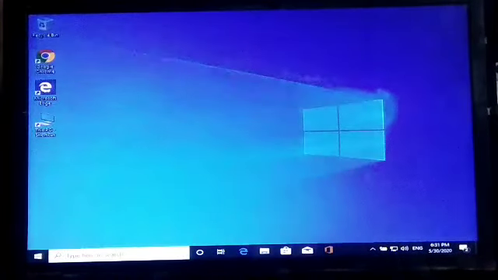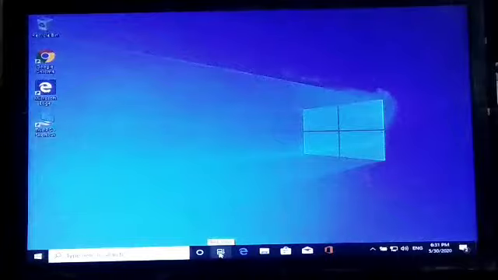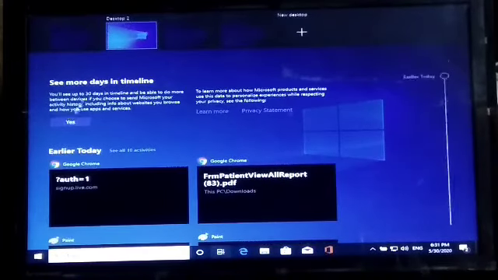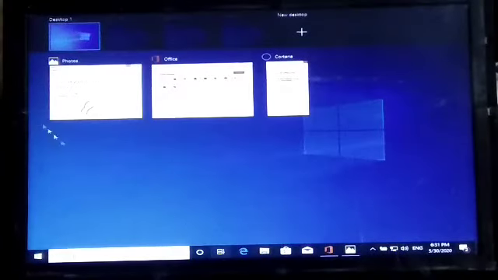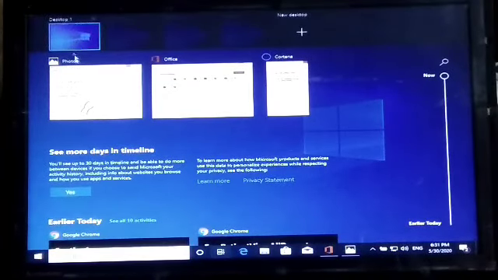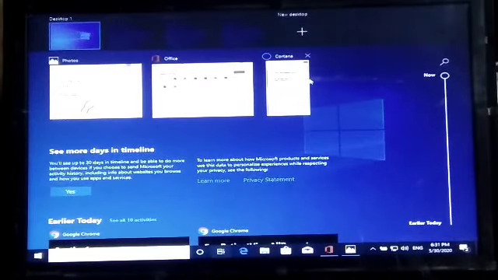Click on desktop 2. Here you see no programs, okay, because I have already closed all. Now desktop 1 shows you 3 running programs: Photos, Office and Cortana, which I have already opened. I didn't close them, that's why you see them here. Okay,